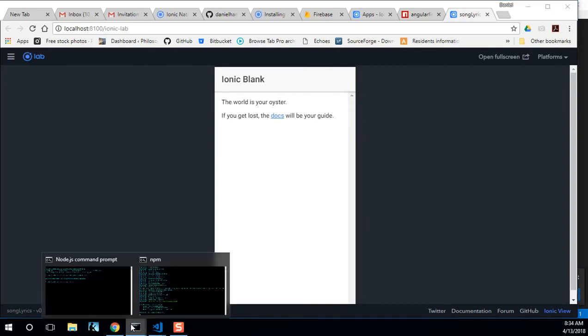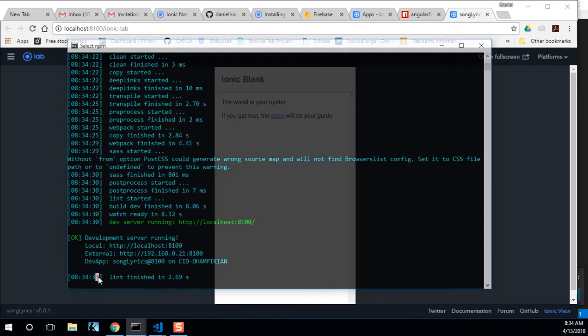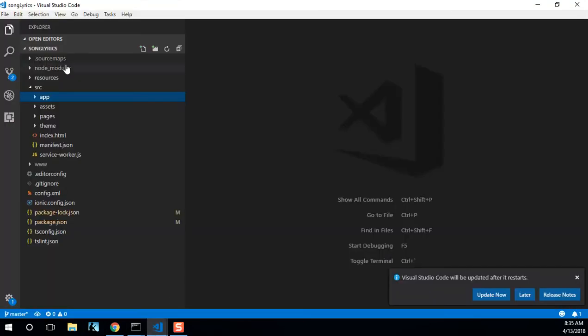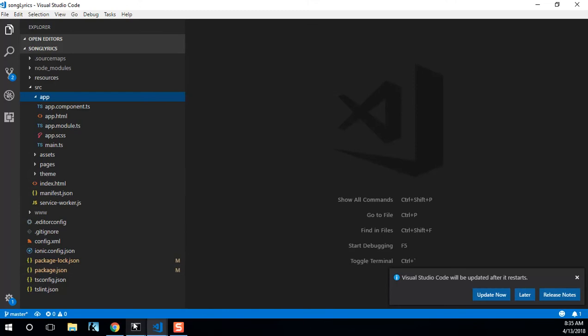And this is pretty cool. This is a Node spinning up a local server on port 8100, and you could go to my computer at this point and see this if you wanted. Alright, so I'll leave that running, and in our app folder,